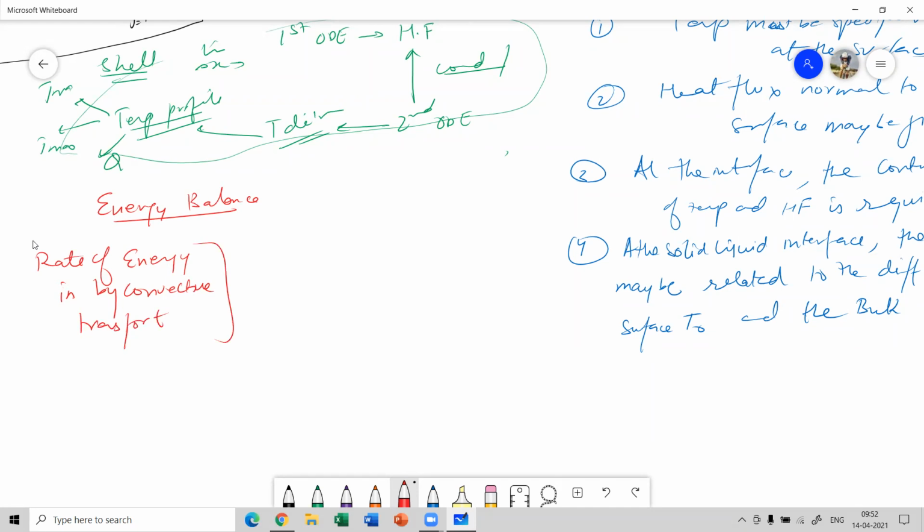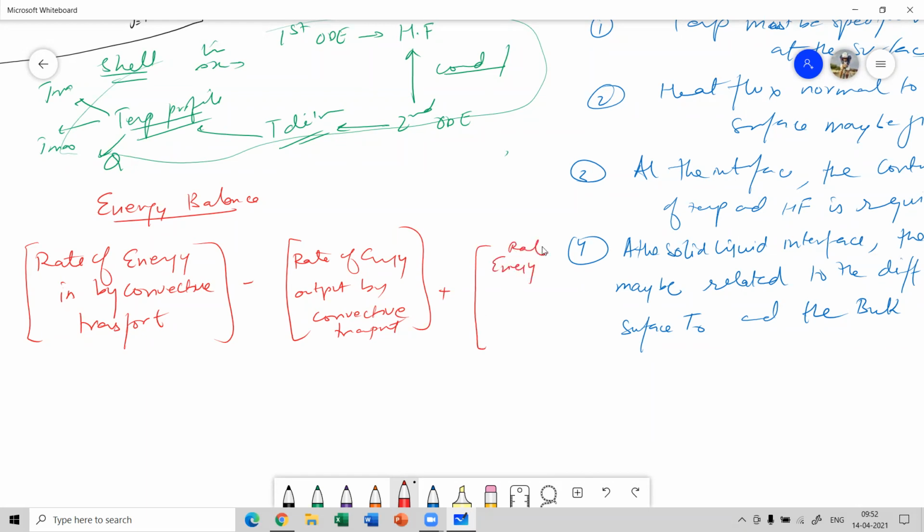Obviously, if the fluid is moving, it will lead to the convective part, minus the rate of energy output by convective transport, plus rate of energy in by mass transfer, that is mass which is entering into the system, minus rate of energy out by mass transfer which is leaving the system, plus